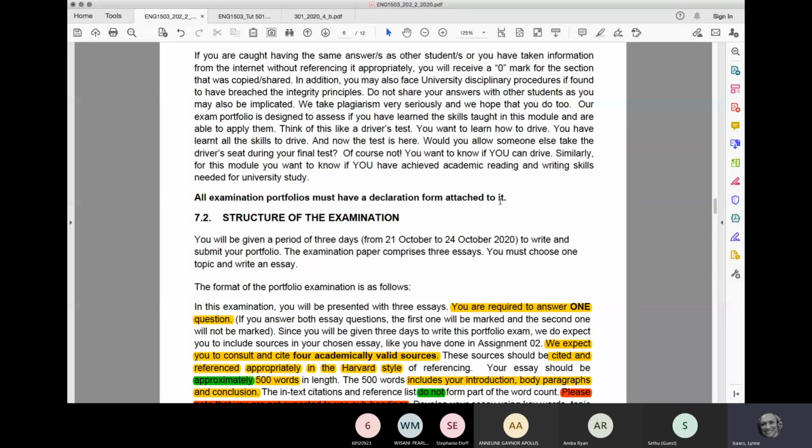Okay, so you have from the 21st of October to the 24th to write. So start thinking about what you just saw, and thinking about all of the different stages. So how do you think you could break up your time